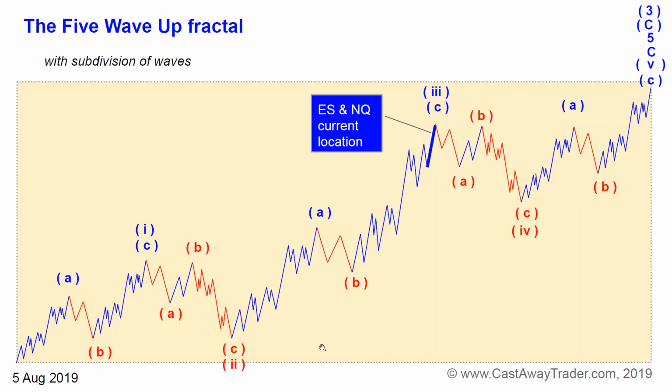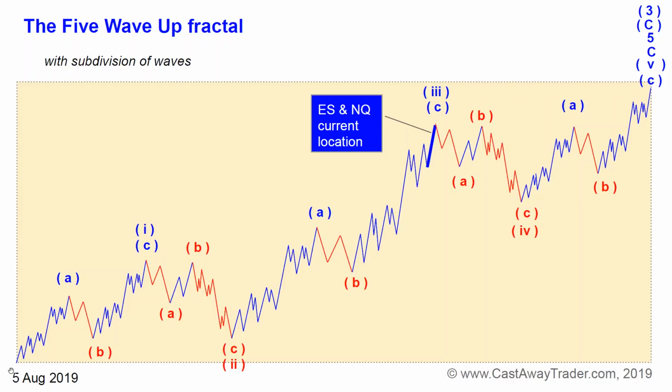If we zoom it in, we will get another 5-wave up fractal, which has the very same structure as the major 5-wave up fractal, which is why I call the Harmonic Elliott Wave theory a simple tool. You don't need to learn too many fractals. You learn major fractals and you will be able to use the very same fractals on very different time frames.